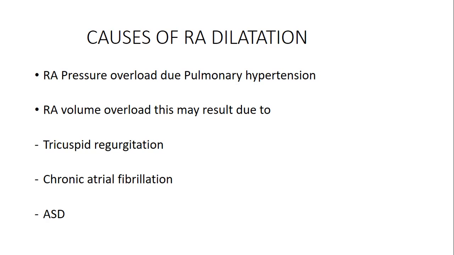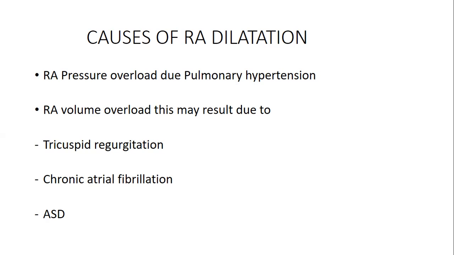And this may actually result in what I mentioned at first, where you can have the bowing of the atrial septum towards the left. On a 2D, just on a 2D, you are able to tell that there is pressure and volume overload. And then how can chronic atrial fibrillation result in RA dilatation,